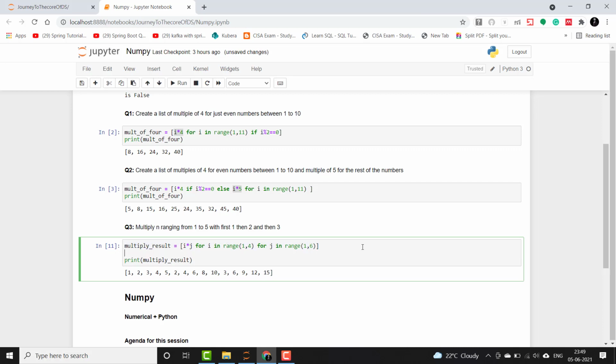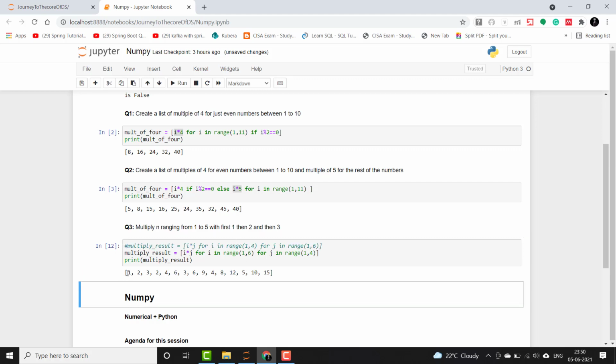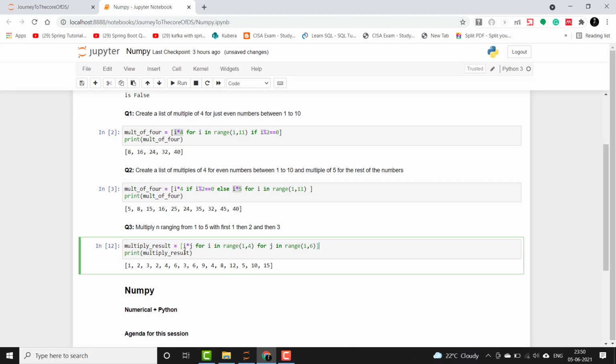Let's say that I want to change this, and let's keep 1 to 6 here and 1 to 4 here, and I'll comment this. So you can see here the numbers are just iterating from 1, 2 and 3, and continuously the multiples of it are taken. So the multiples will be taken 1, 2, 3, 4 and 5 times. So this is not interchangeable. So the correct answer is the previous one.